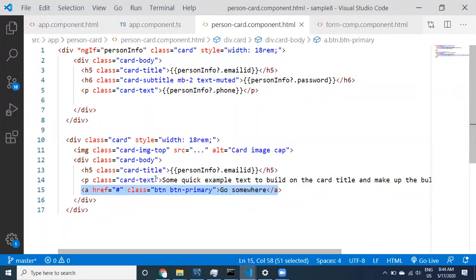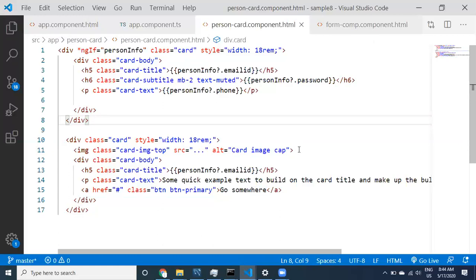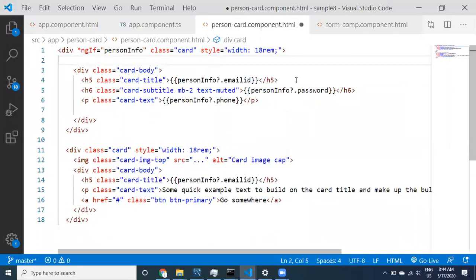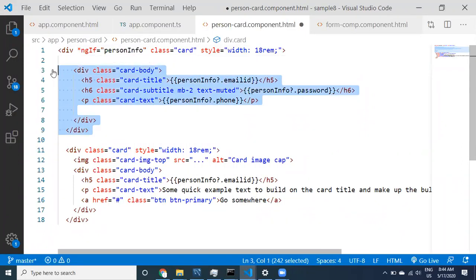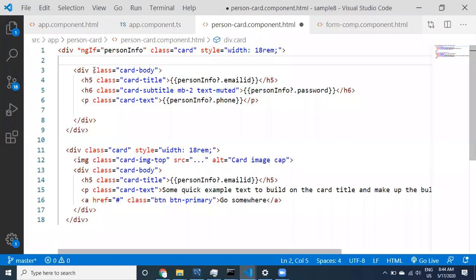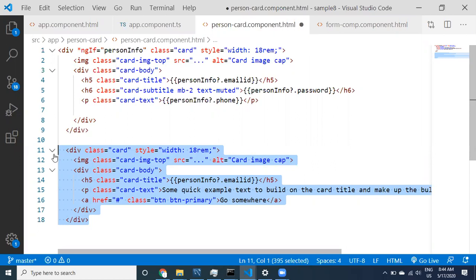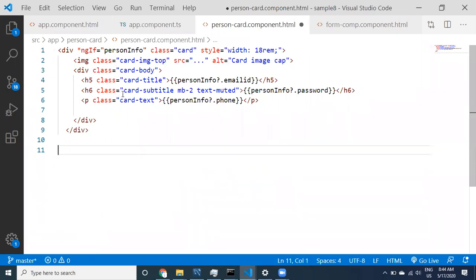Otherwise I'll do one thing guys. The only difference between this div and this div is that extra information got added, this particular image. So instead of totally removing the existing card HTML, I just want to change this. Just provide the image here. That's it. Remove this part. It is going to be sufficient for us.